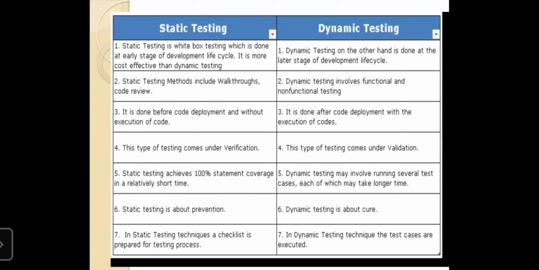So just go through this point once again after the lecture, because questions like what is the difference between verification and validation, static and dynamic testing, and black box, white box testing may be asked in your interview process. So just go thoroughly with these points.